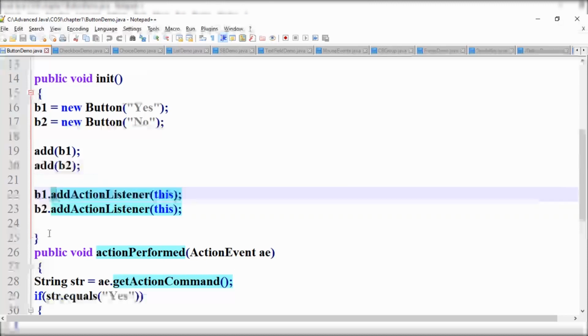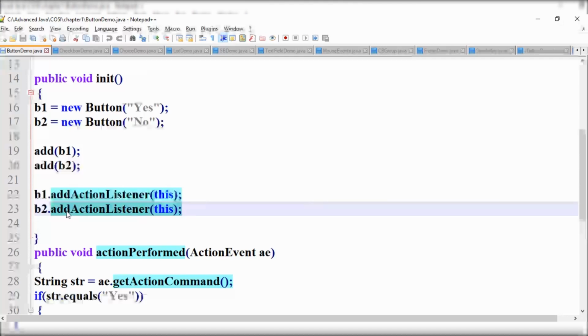Always remember that the method's first letter is small, the second word's first letter is capital, and the third word's first letter is capital. The method starts with a small letter a. So these are the two registration methods, registration of listener methods.